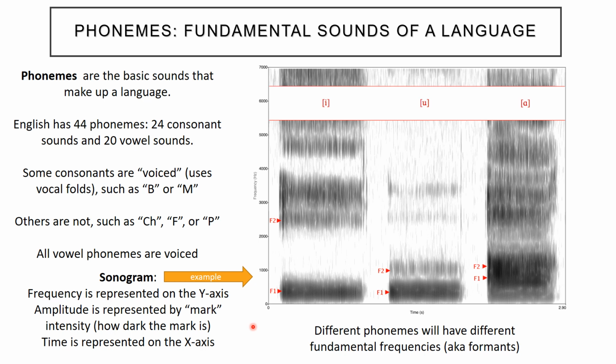So on the sonogram, we have an X and Y axis. The X axis is time. That's shown here in this sonogram, time in seconds. That's what the S is here. And you can see the scale here is from 0 to 2.9 seconds. So this is a sound clip that was only 2.9 seconds in length.